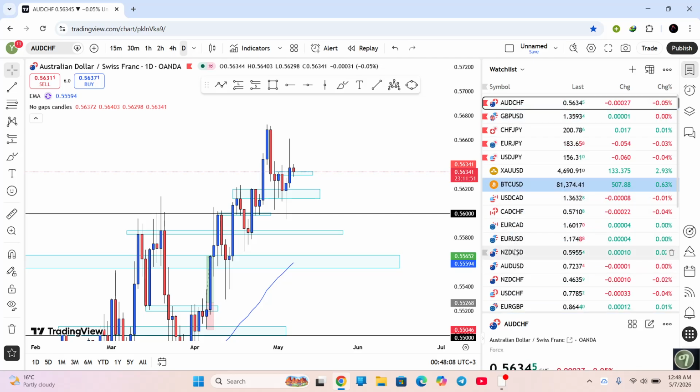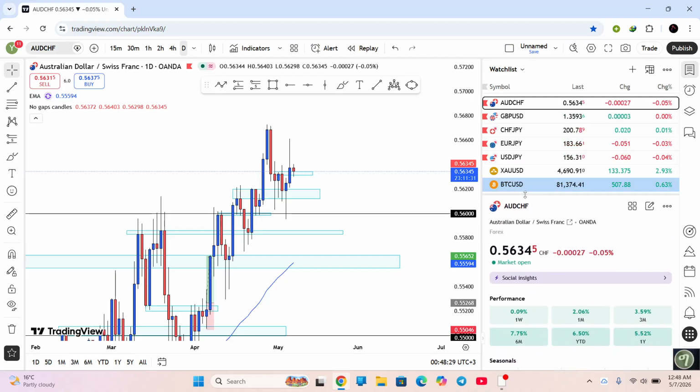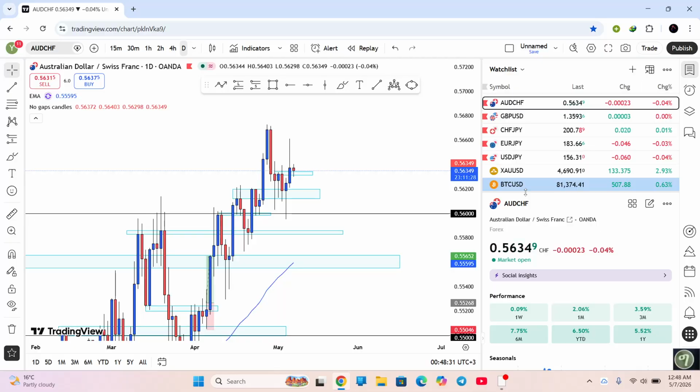Well, my predictions, most of them played out as I expected, but all of those that played out as I expected did not give me my entry. They just started the move very early in the Asia session, and I missed out on all of them. I took one trade on EUR-GBP and I lost that one. I accept the loss. It is what it is. Okay, now let's go straight to the